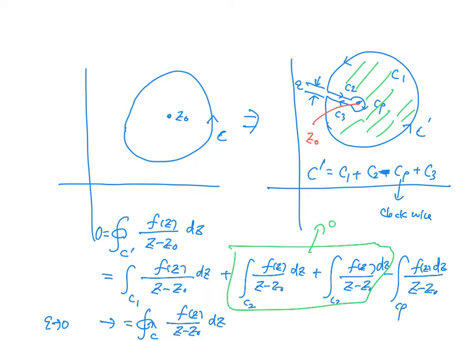And we have minus 0, because 0 is clockwise. So when you integrate, we can put a minus sign. And it's actually counterclockwise. So this is 0. So